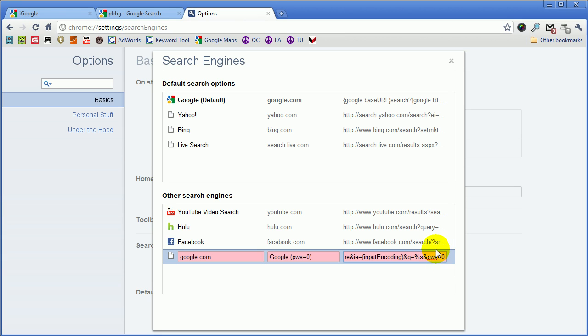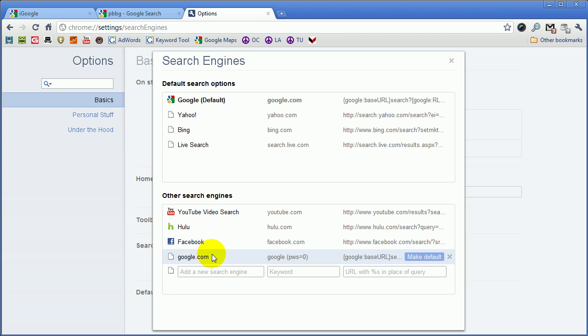And it didn't work. I don't know why it did that. Let's try this again. Google.com, Google, PWS equals 0, paste, and ampersand PWS equals 0. Enter. There we go. Now it's created a new search engine